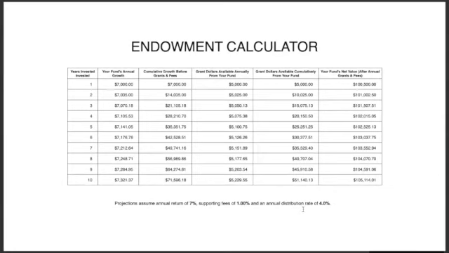Now, one thing to mention about this is we're using a 7% annualized rate of return, assuming every year this endowment's hitting a 7% rate of return. Those rates are obviously going to fluctuate with the value of the investment portfolio, but this is just for illustrational purposes to show how the income can be quite substantial over the long term.